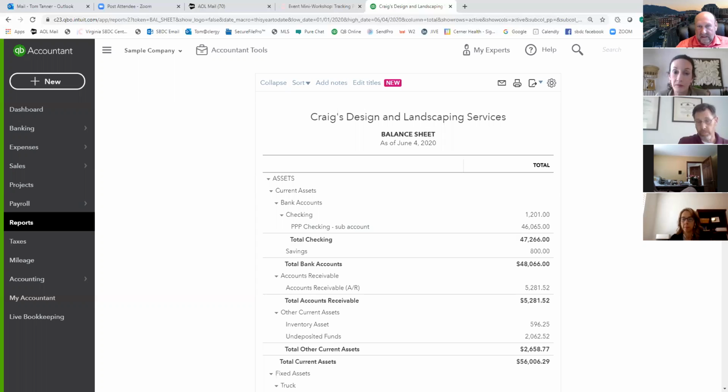Let me see if there's anything else. Oh, let me go over the forgiveness side of the equation, and then we'll come back to that part. So let's just say you're at the end of the program now, and the bank, or the SBA, says, we're going to forgive 40,000 of your 50,000. Okay, you didn't spend it all the way you're supposed to, so too bad. We're only going to forgive 40,000. So what we're going to do now is